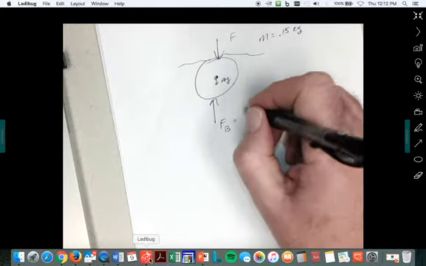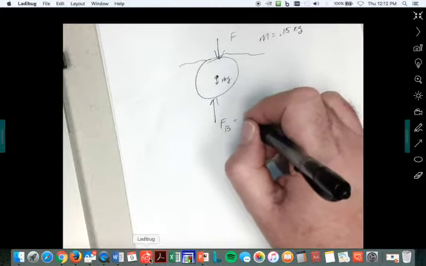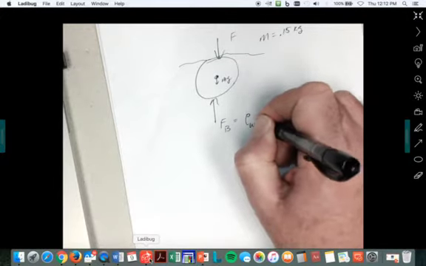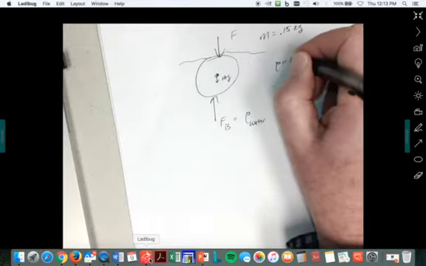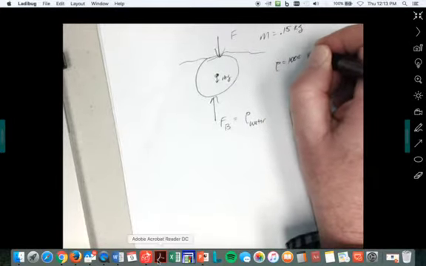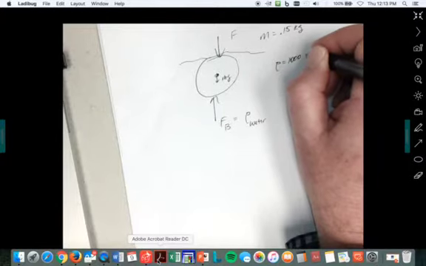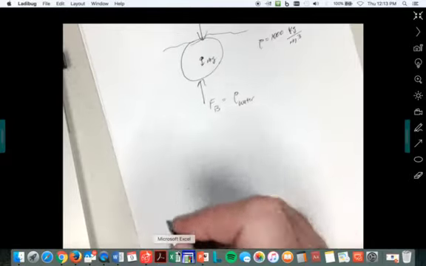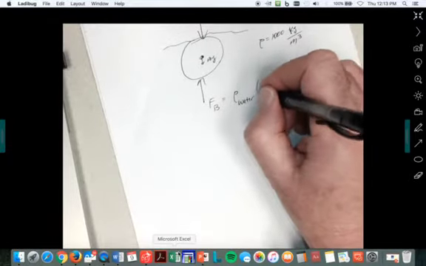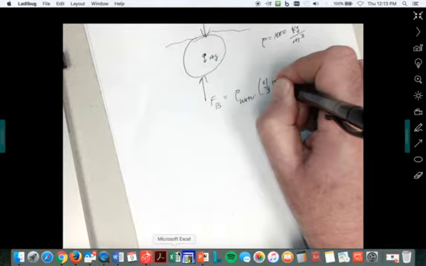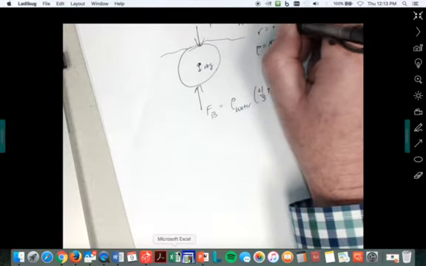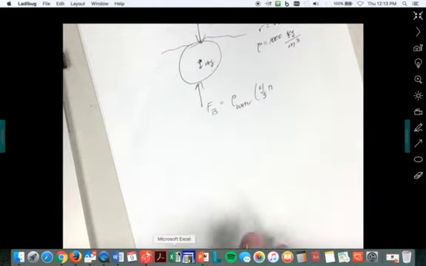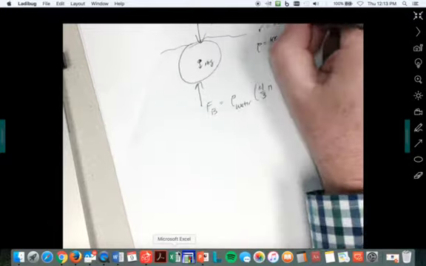The buoyant force is equal to rho of water, which is 1,000 kilograms per meter cubed, times the volume of the beach ball, which is 4/3 pi r cubed. The radius is 0.2, let's go with 0.25, since it's one of those big half-meter wide beach balls. So 0.25 meters